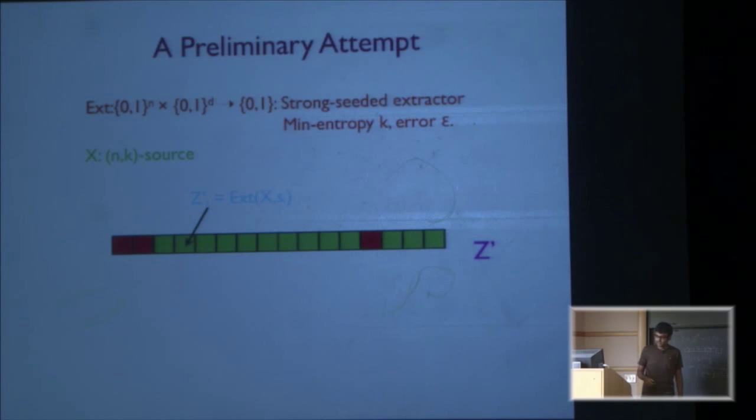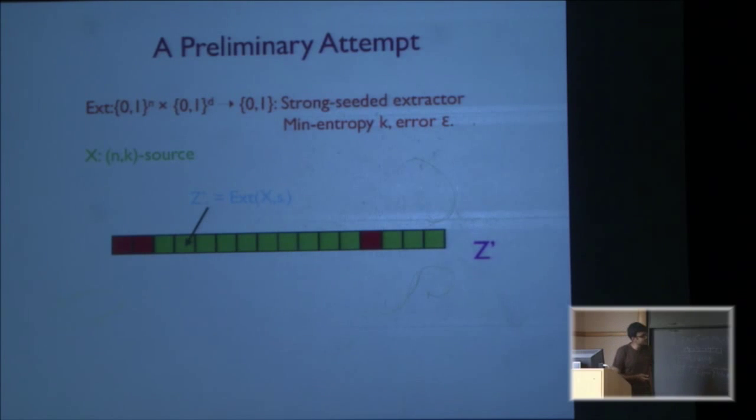Oh, you want the extractor on every possible seed. On every possible seed, yeah. So we get a sample from X and run the extractor on every possible seed, and since the output of the extractor is just one bit, each bit corresponds to a seed. So what do you want to construct now? A two-source extractor. You have two seeds. No, we have two sources, X and Y. We just take the first source, take a sample from the first source, and run a seeded extractor on all of its seeds with this sample. So you don't use the second? No, we don't. Till now, we don't use the second.